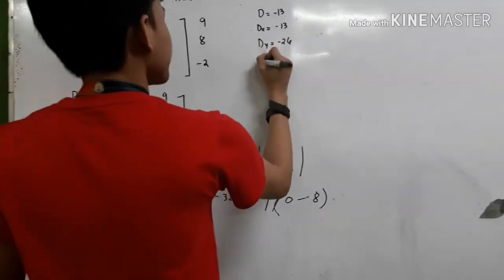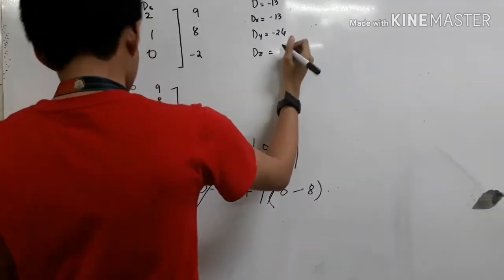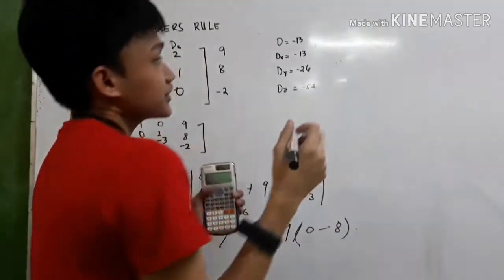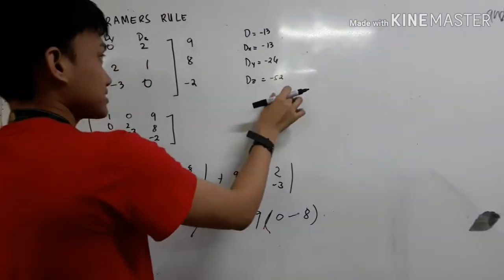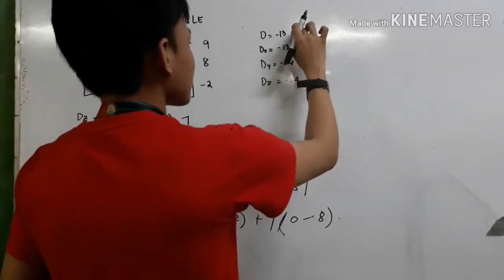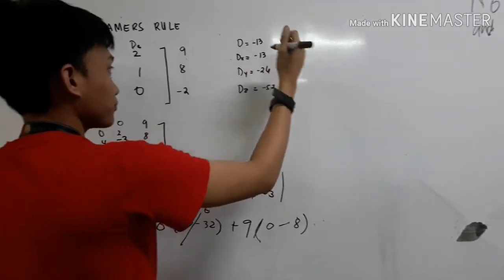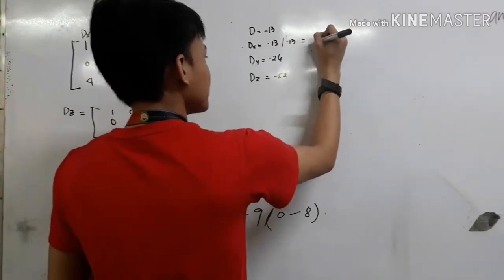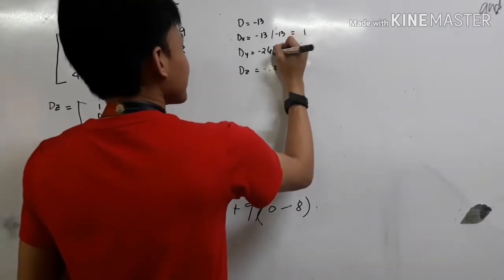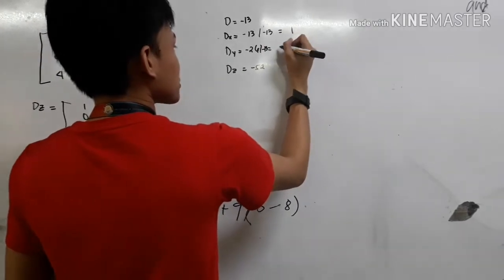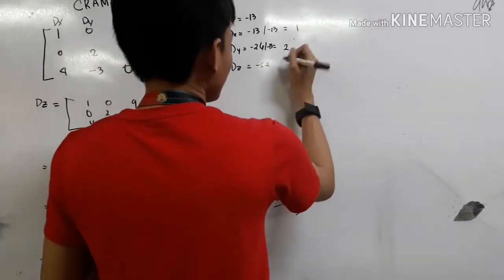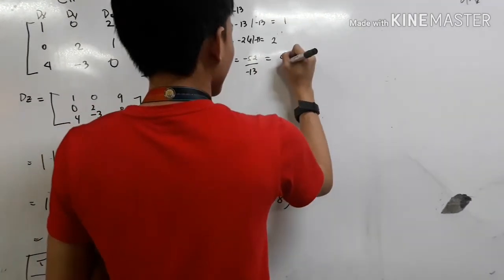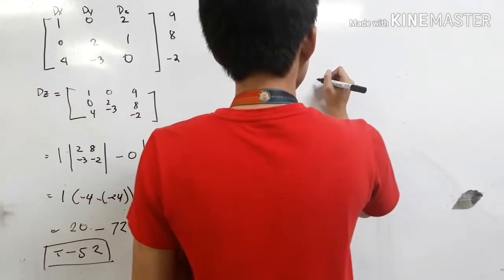So the value of our d sub z is equal to negative 52. But our answer is not this. We need to divide it by the determinant that was computed. So let's divide it. Negative 13 divided by negative 13 is equal to 1. Then divided by negative 13 is equal to positive 2. Then divided by negative 13 it will become 4. So our determinants or the roots